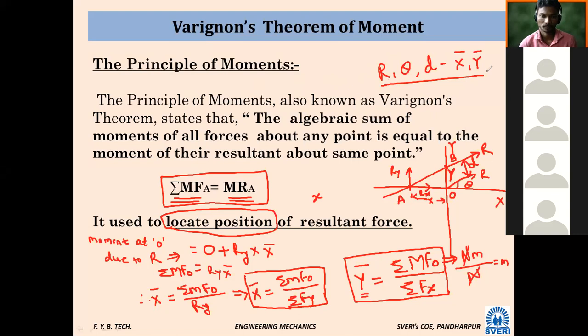Any problem? So just remember the formula here. Don't go into this depth. This derivation is actually not in the syllabus. Only this formula we have to remember. X intercept we have to calculate equal to summation of moments due to all forces divided by summation Fy. So simply remember, when we want to calculate x bar, we have to use summation Fy. When we want to calculate y bar, we have to use summation Fx, like this. Have you understood? Yes, sir.